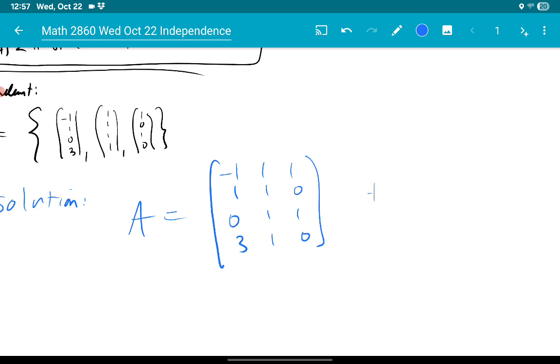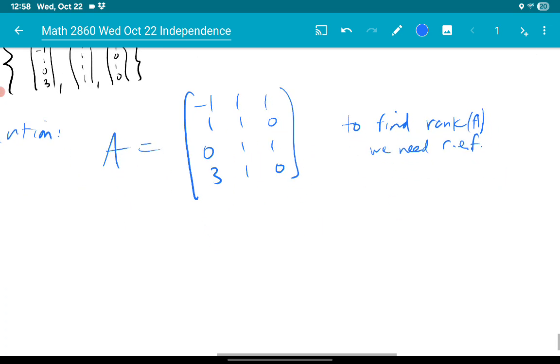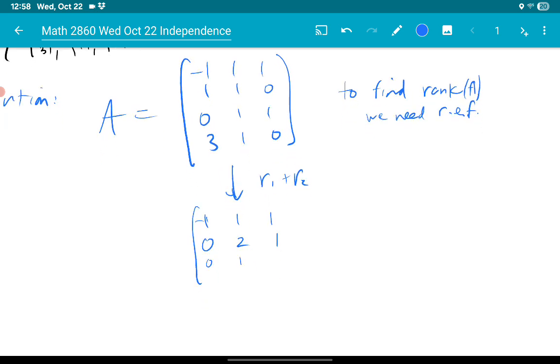To find the rank of A, I hope you remember this from chapter 1. Think for a second what rank means. It means the number of pivots left after we row reduce it. We need to get this matrix to row echelon form. Okay, so we'll do that. We'll do R1 plus R2. The first row doesn't change. We have a new second row though: 0, 2, 1. Our third row and fourth row stay the same. So even though you put the vectors in as columns, you're doing row operations, row by row.